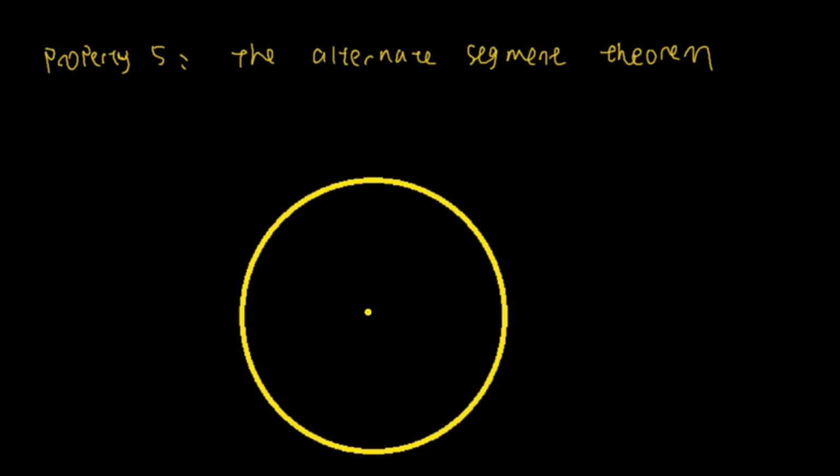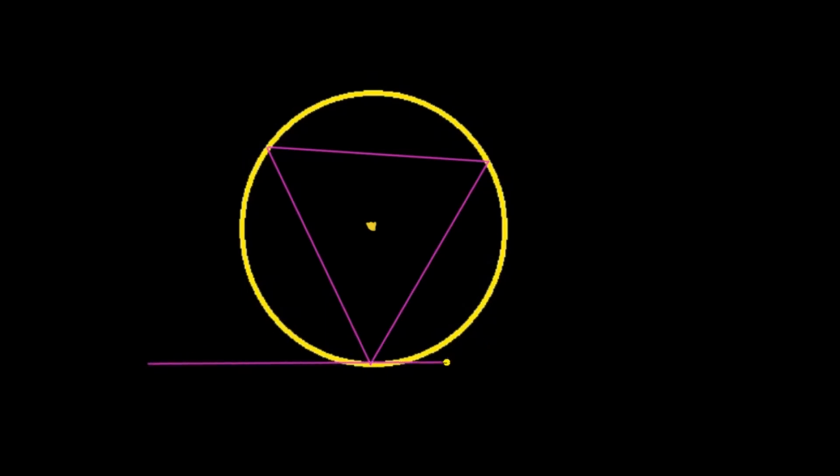So let's say, okay, here, that's the center of the circle. And I'm going to draw a line here. So let me use magenta. So I will draw basically a chord, another chord, and then another chord, because they don't go through the center of the circle. Okay, so now there's a line tangent to the circle. So that's the line tangent to the circle.